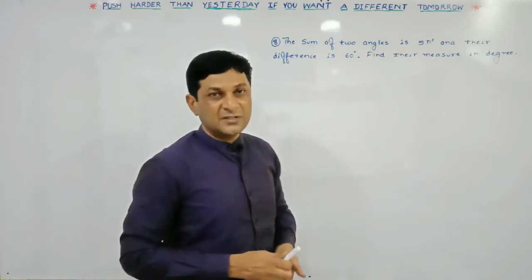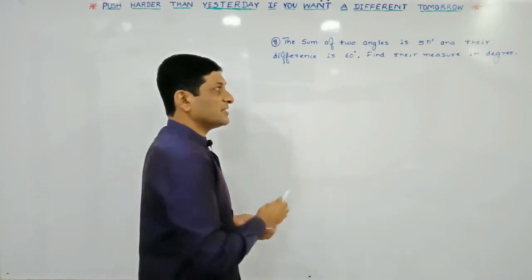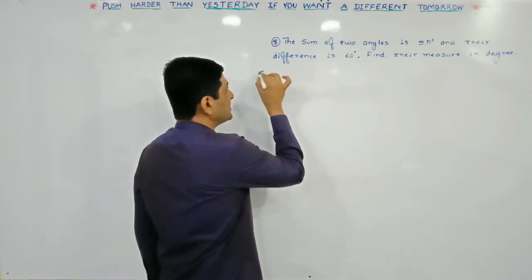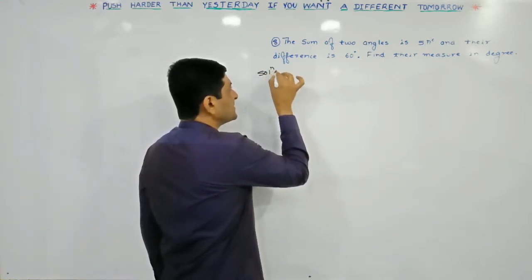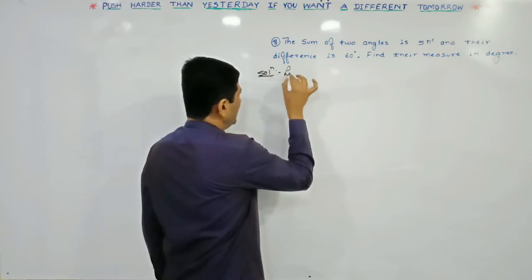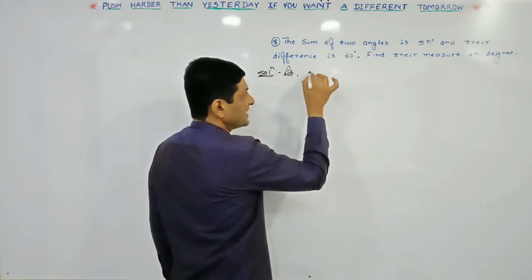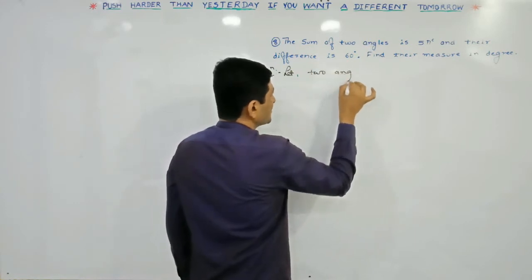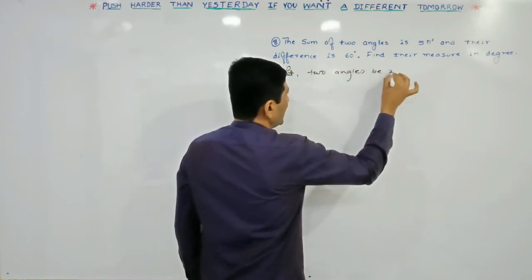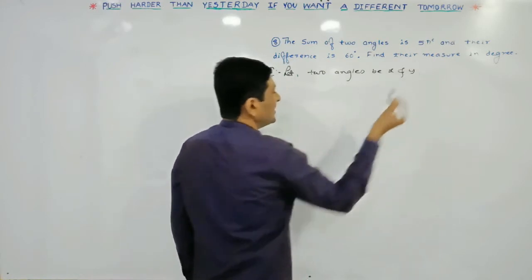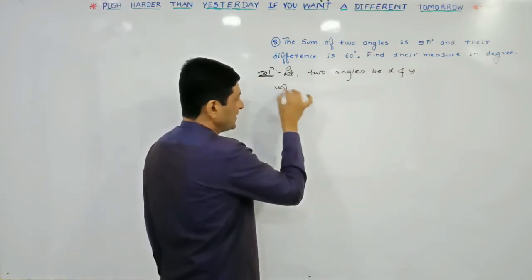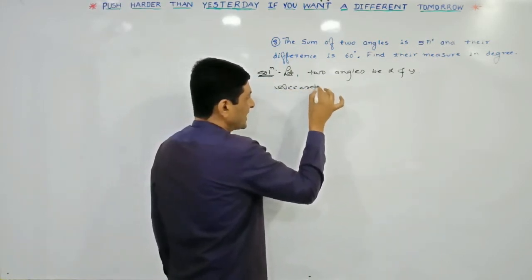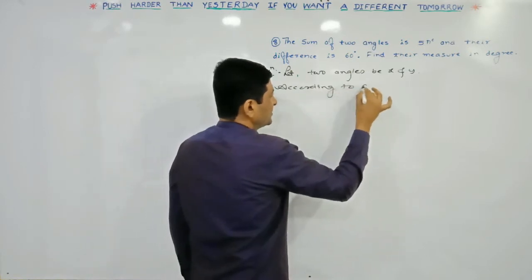Using this condition, we are trying to find out such angles which satisfy the given condition in the example. So let us denote these angles by x and y. Let two angles be x and y. Now we are using the given condition. So according to the given condition,